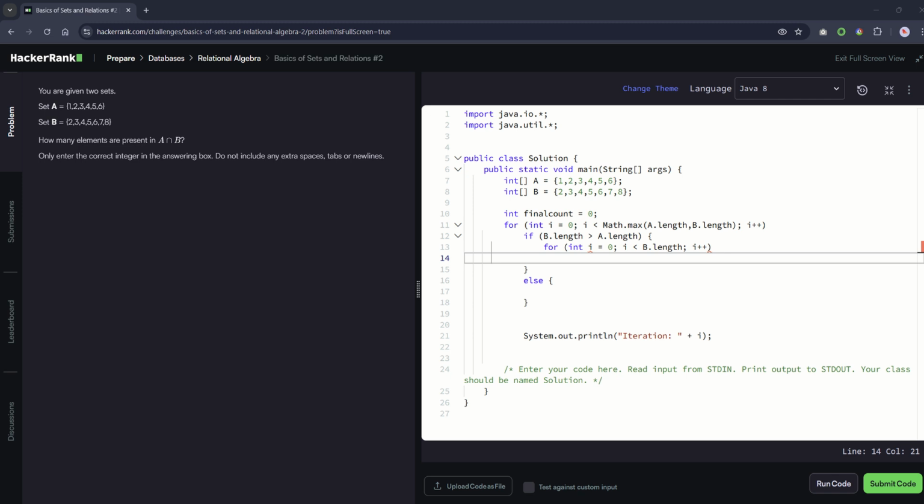It's not even defined. If okay, let's just build an if statement in here. If